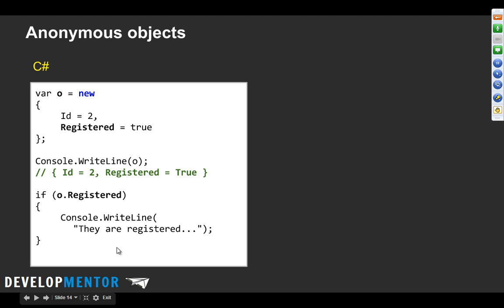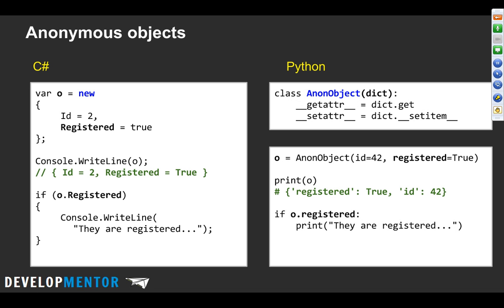So you'll see that we can do exactly the same thing, almost, just a very slight variation, in Python. However, in order to pull it off to be 100% the same sort of experience, we really need to create a very slight variation on a dictionary. So this anon object class does two things. It basically overrides the getter and the setter for all variables of the class, the attributes, to map over to dictionary get and dictionary set items, and then internally it tracks them as a dictionary. Dictionaries are used for all sorts of internal representations in objects, not just this one, by the way.